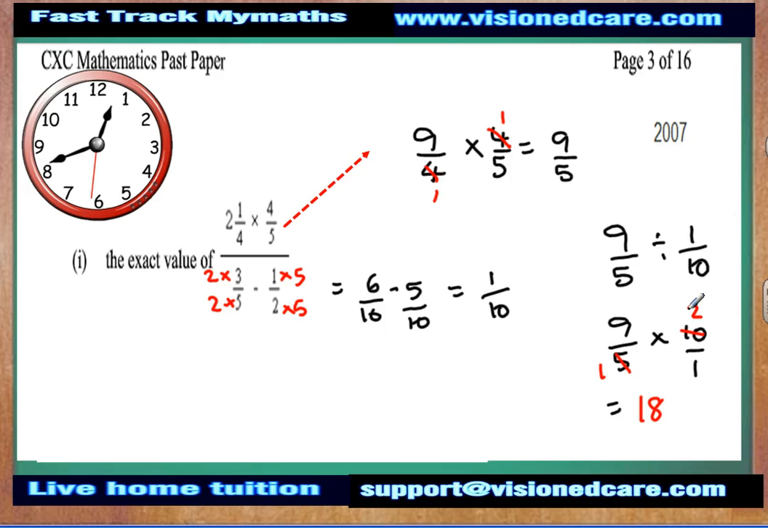Because 5 into itself goes 1, and into 10 goes 2. So 2 times 9 gives us 18. So the answer is 18 there. Okay? So that question